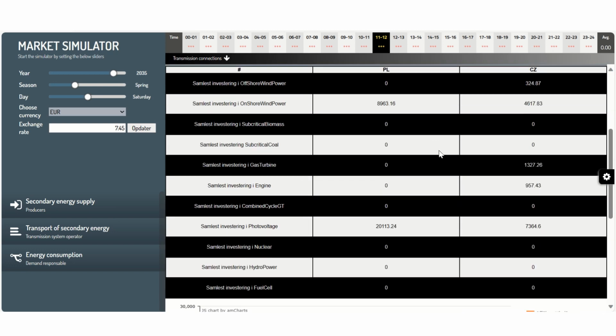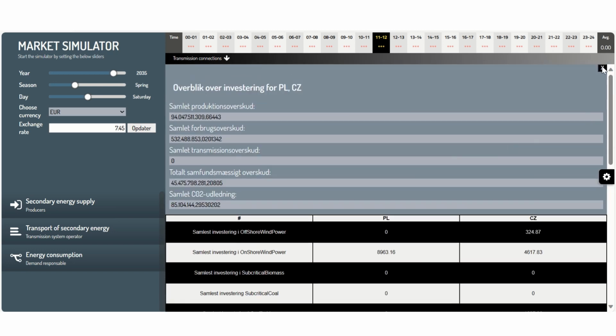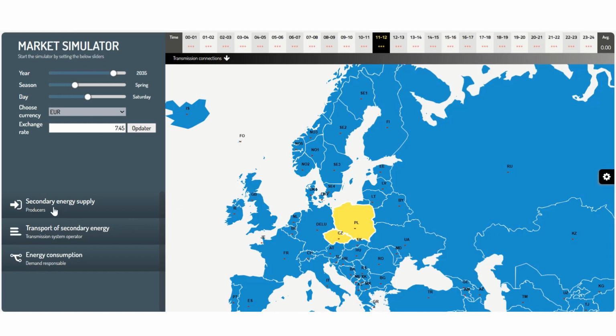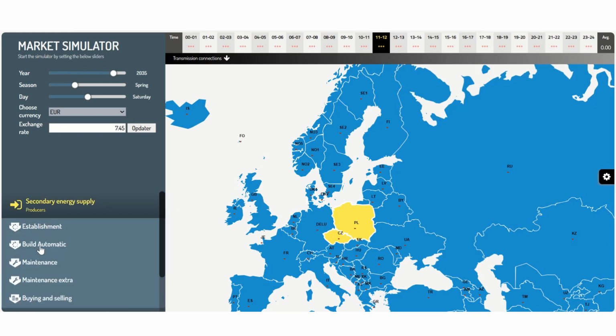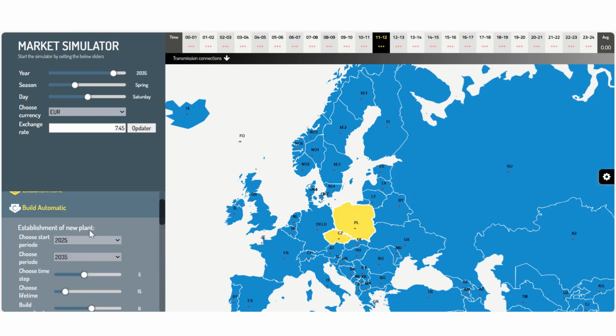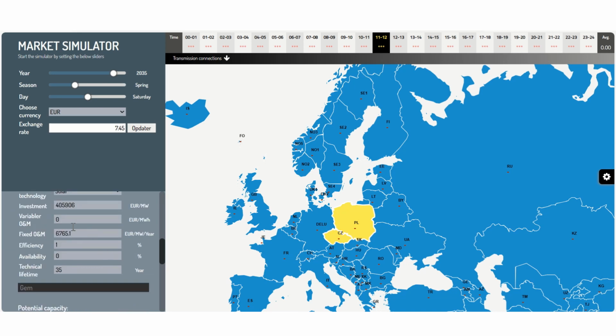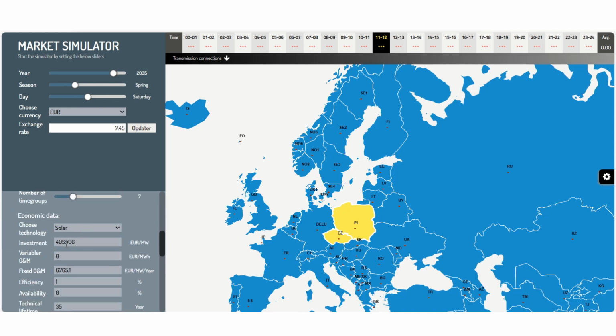If I go here and close this down, and then change the data for photovoltaic here, and say that instead of the 405,000 euros per megawatt,